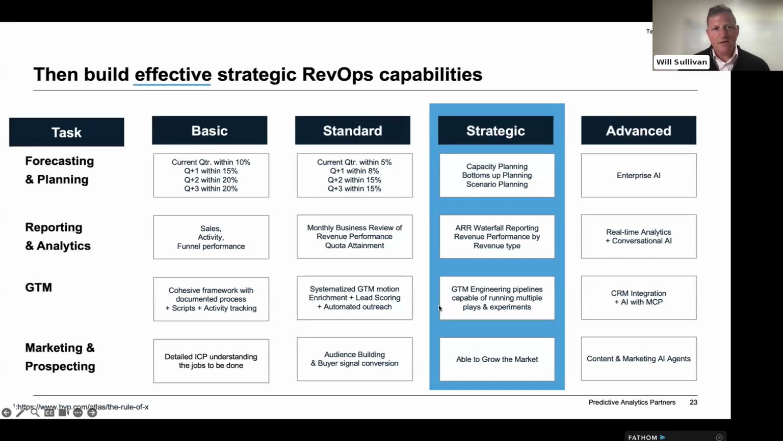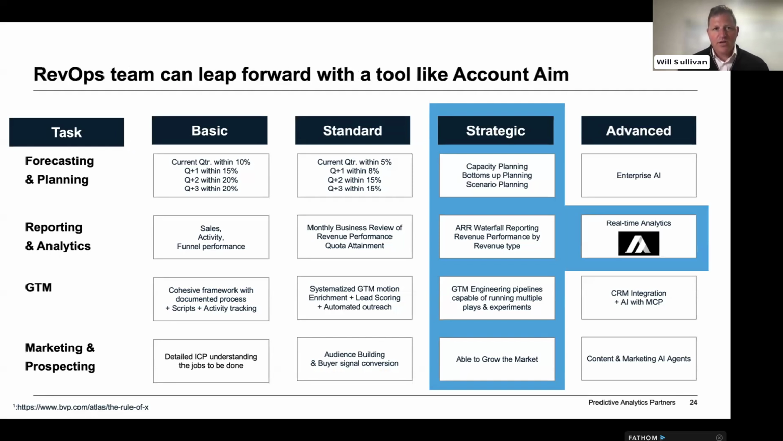And then you have this idea of an effective strategic RevOps capability. And now your CRO and CFO have a very powerful team to turn to. And you can take a leap forward and be thoughtful about, do you leap into enterprise AI or integrate some MCP stuff? I would recommend understanding the drivers of your business and using a tool that can provide that real-time